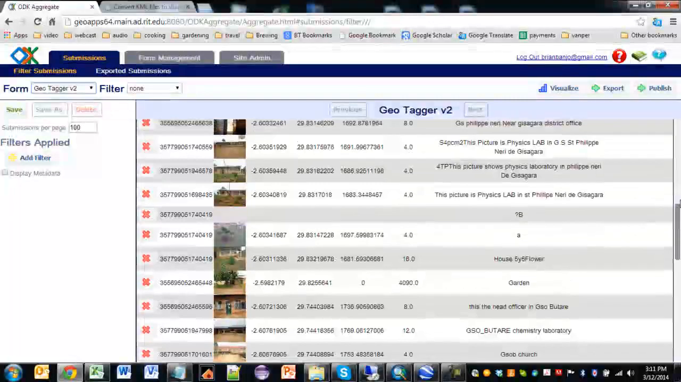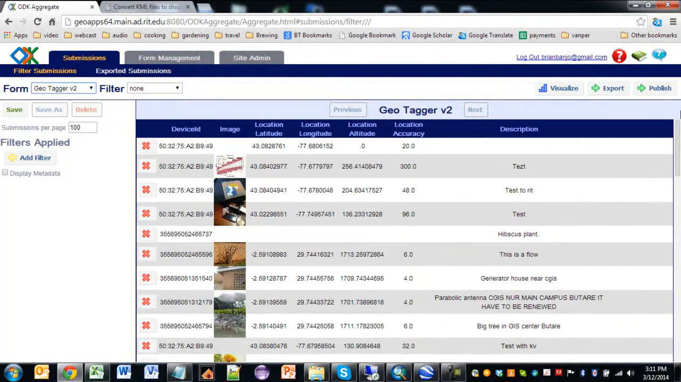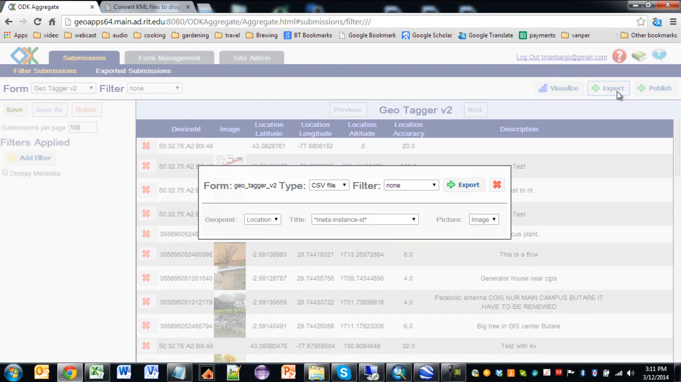Now to get this data out of ODK Aggregate, I'm going to use the ODK Aggregate export function. To do that, I'm going to click here on this button that says Export the Data, located at the upper right of the screen. So I click on the Export button, and I get prompted with some various parameters to set for the export. So where it says Type, I want to select KML file,